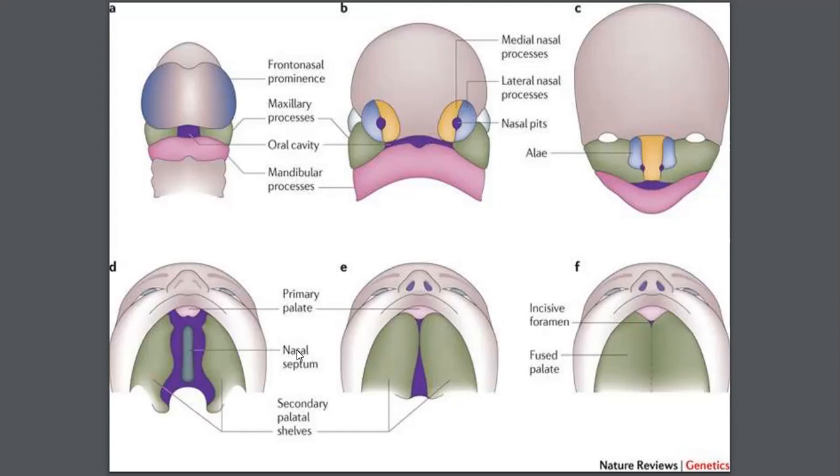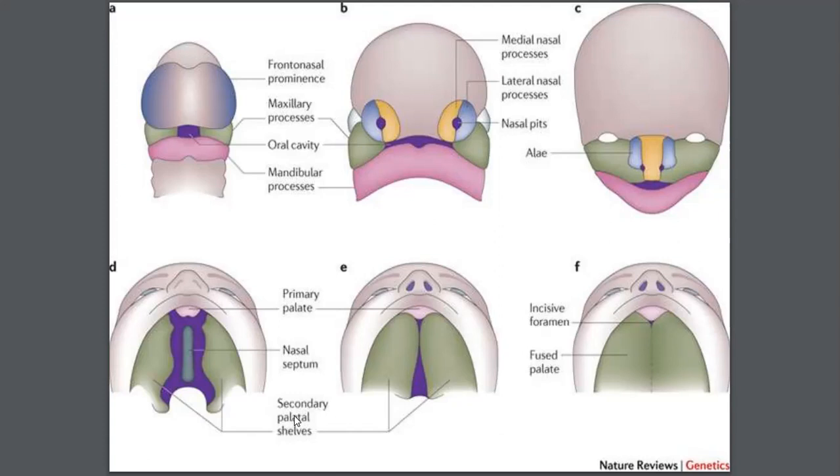Stomatodeum, the opening of the mouth. Now, if you see the inferior view of what is happening to these maxillary processes, they are growing towards the midline. Okay, and then you can see they are moving towards this nasal septum. This yellow area has now been used a different color, so that is the nasal septum. Now towards the maxilla region where we have the incisor teeth, this particular area of palate has been named as primary palate. Primary palate. So actually the maxillary processes have formed the palatal shelves which are growing towards the midline.